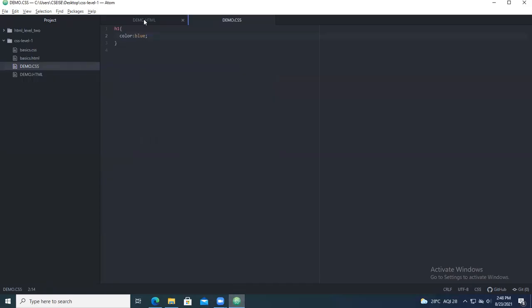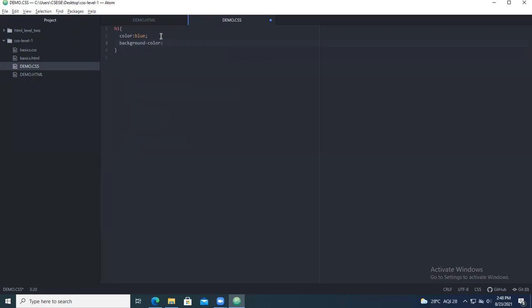So apart from that, now you can have the background color also. So background hyphen color colon.